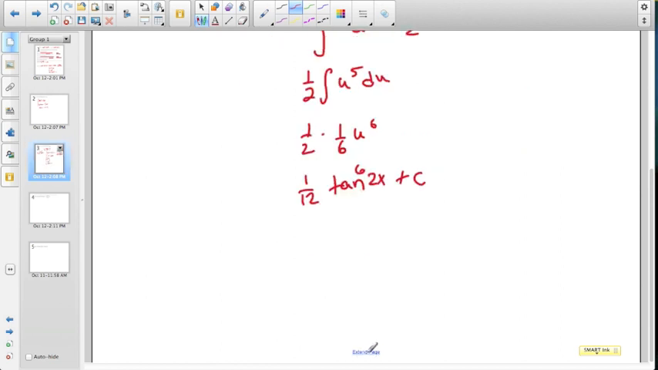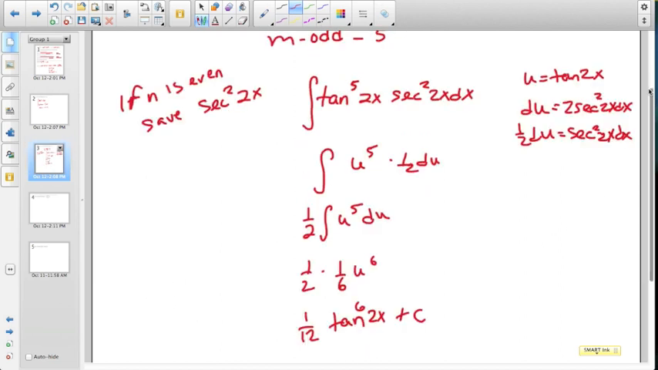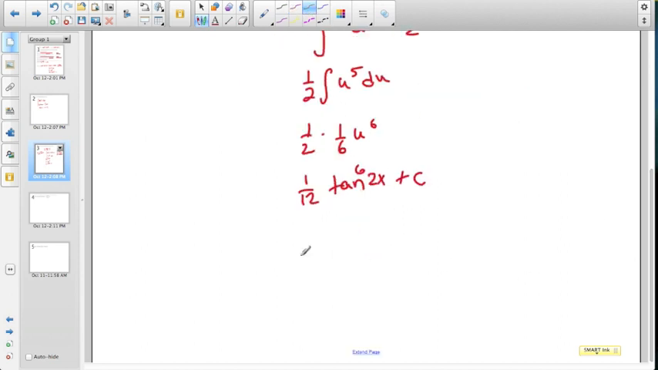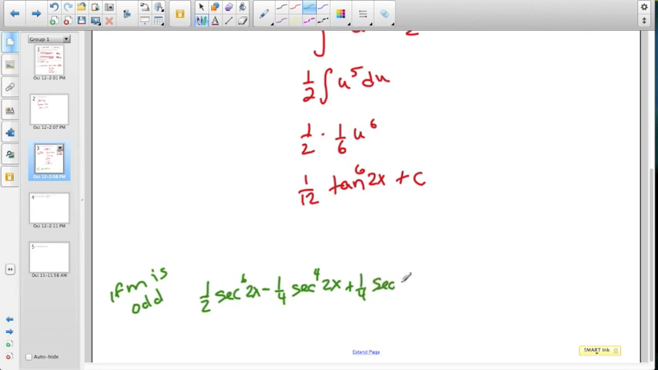Just a side note, if we would do the other substitution, if we would do the if m is odd rule, we would get an answer that looks like 1/2 secant of 2x to the 6th power minus 1/4 secant of 2x to the 4th power plus 1/4 secant 2x squared plus c. And that is actually mathematically equivalent